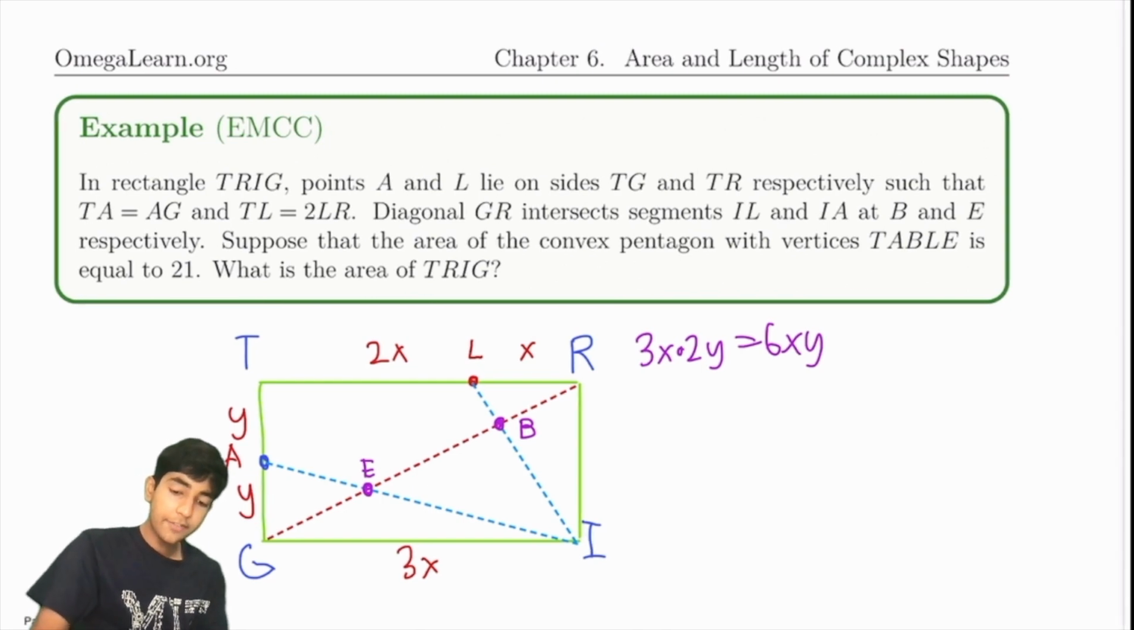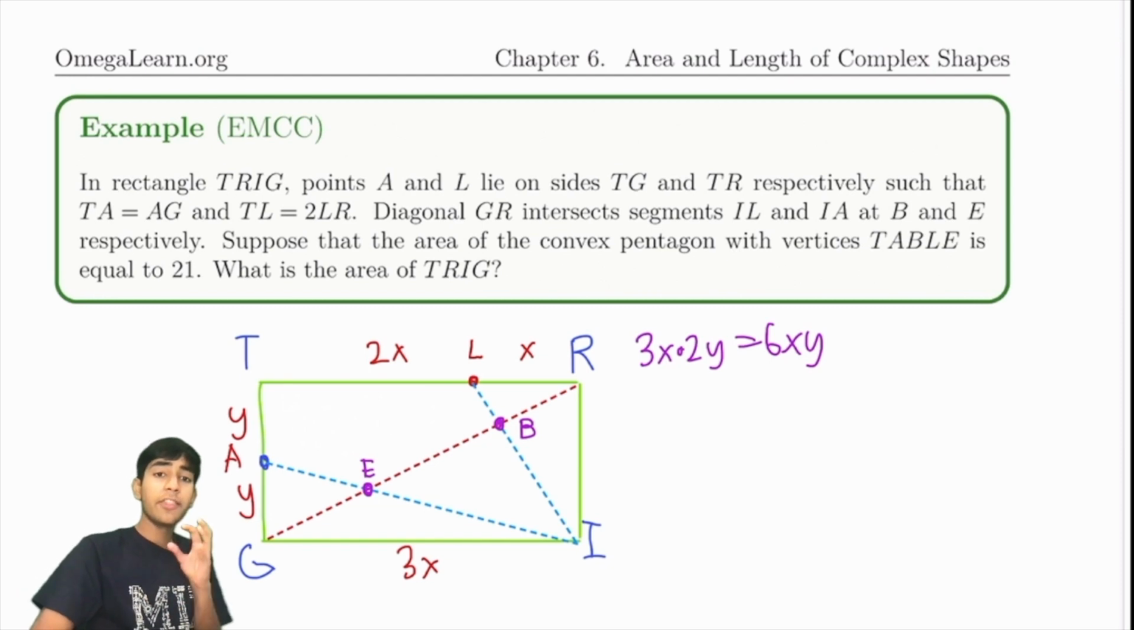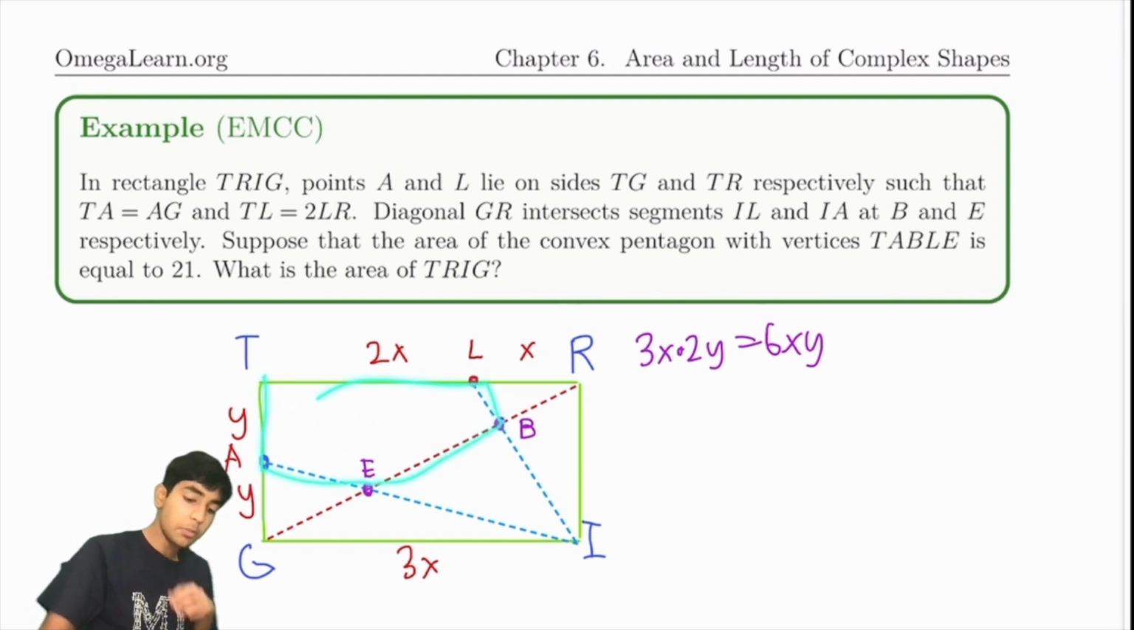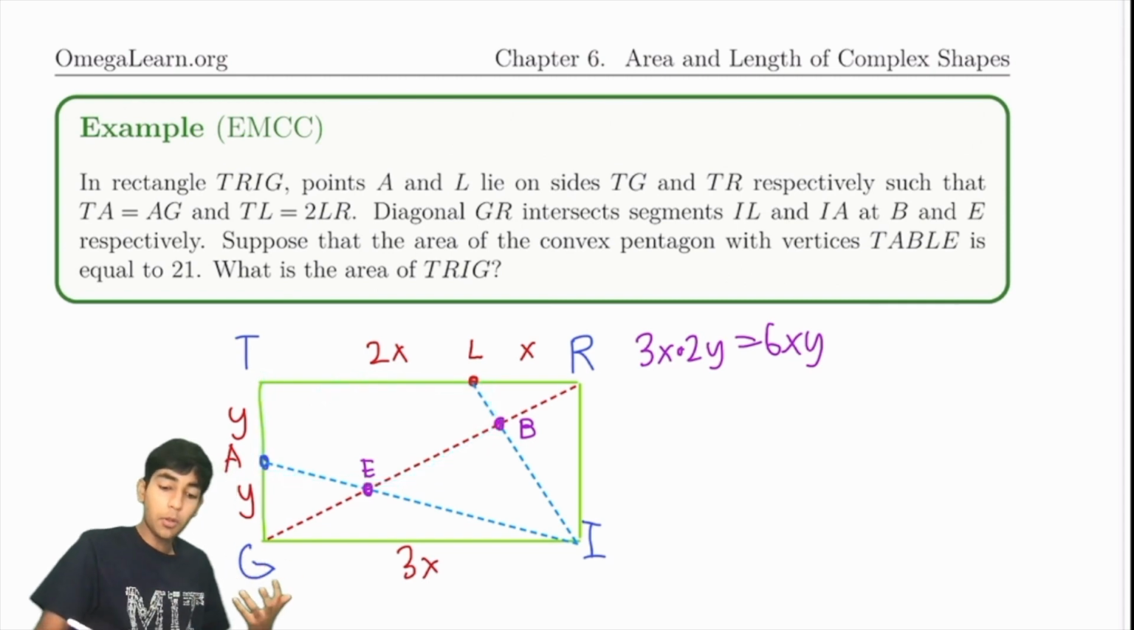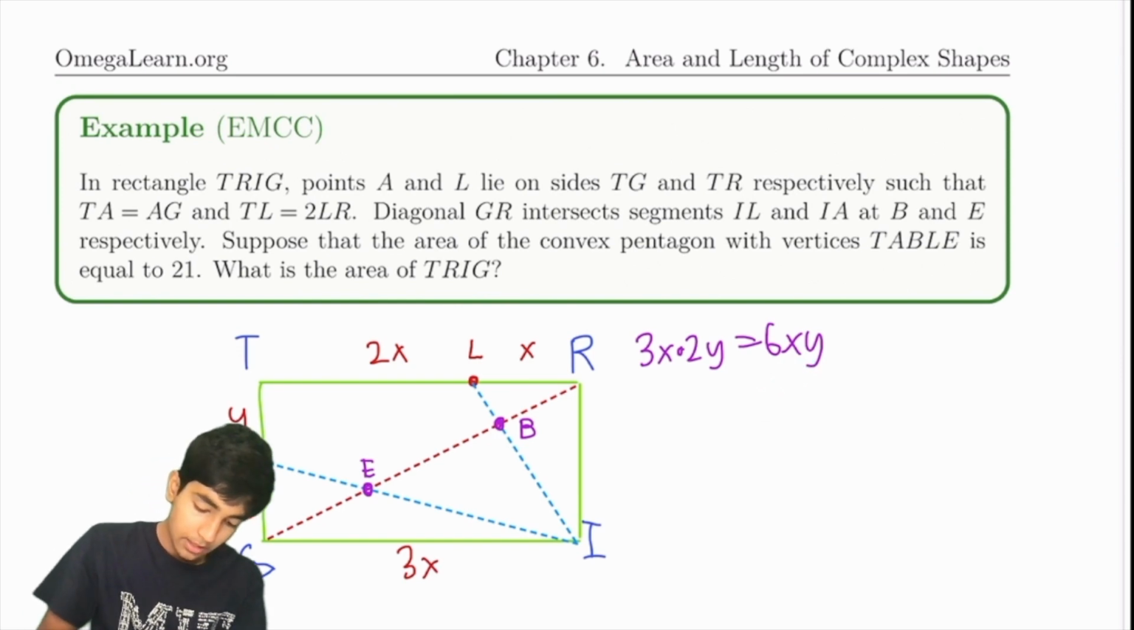Now, we know this area of the pentagon is 21. So a good strategy is, we know the numeric value, what if we try and find this area in terms of variables? Then we can solve for those variables and find the area of the rectangle from there by plugging it in here. So let's find the area of the pentagon